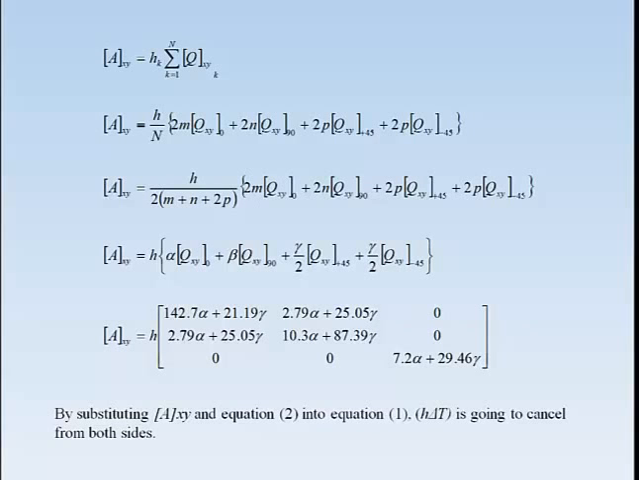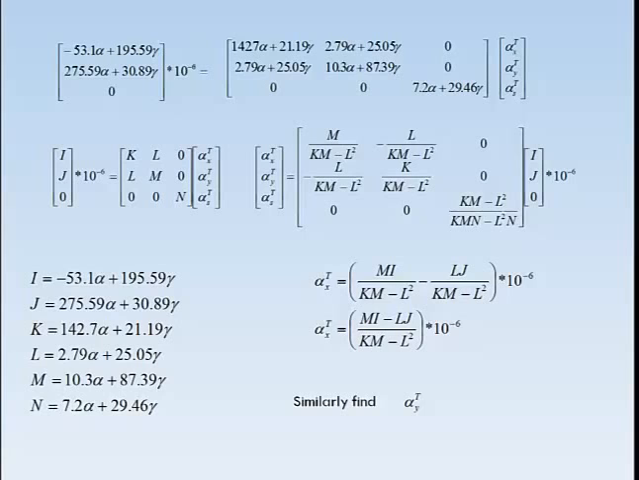By substituting the values of the stiffness matrix in equation 2 into equation 1, h into delta T is going to cancel from both sides. So these are the equations we are getting from the previous equation. And similarly, I equal to minus 53.1 alpha plus 199.59 gamma. Similarly for J, K, L, M and N, the equation